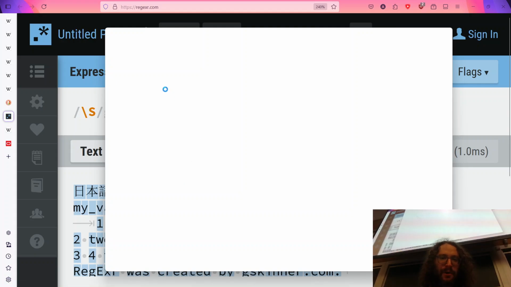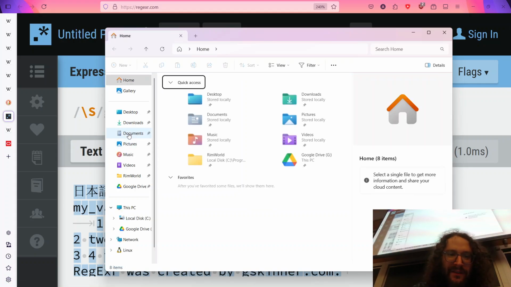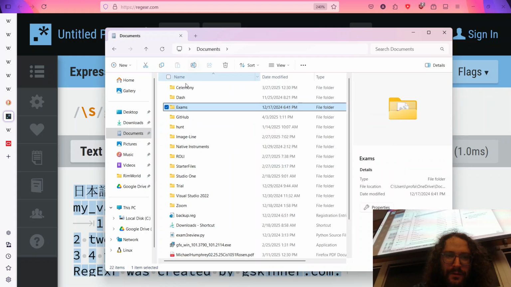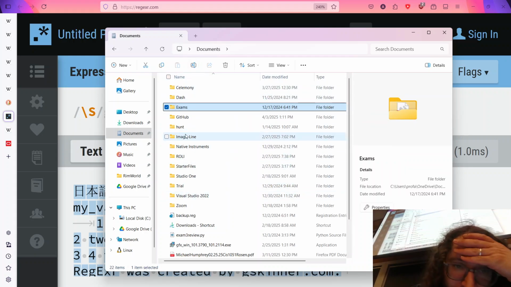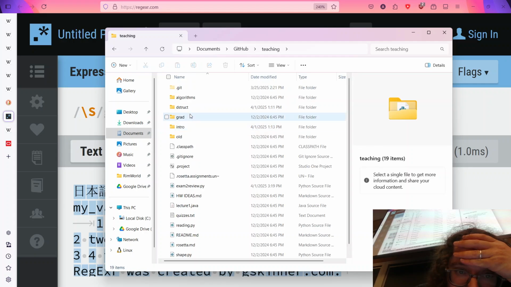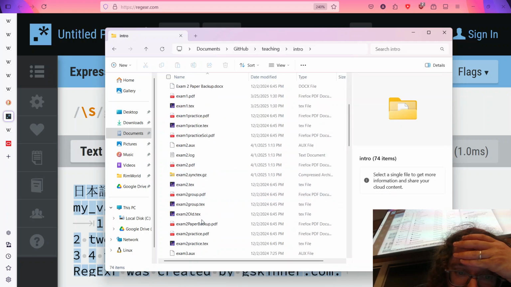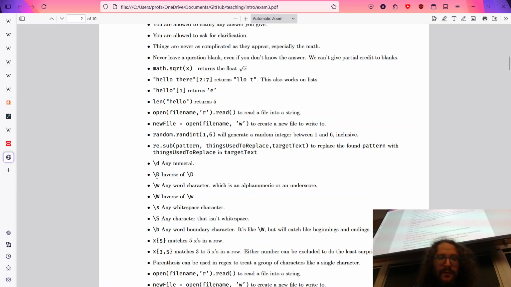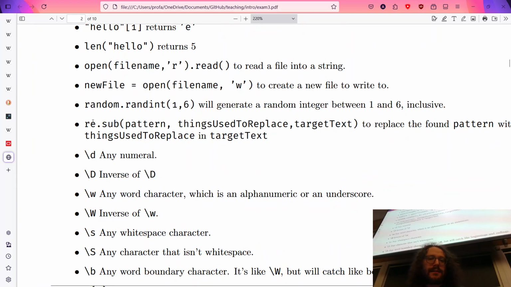Let's go ahead and pull up my recent copy of exam 3. On the back of the page, I actually give quite a bit of information on how to use regular expressions.